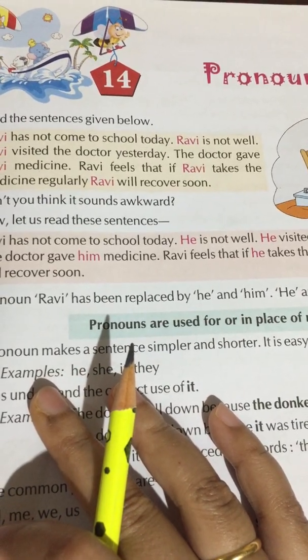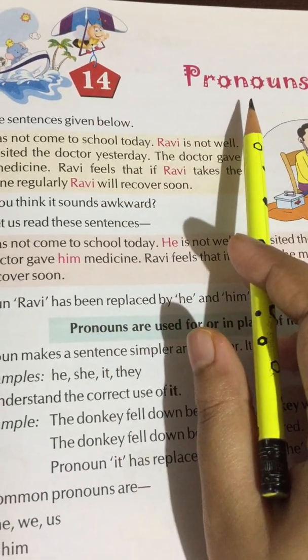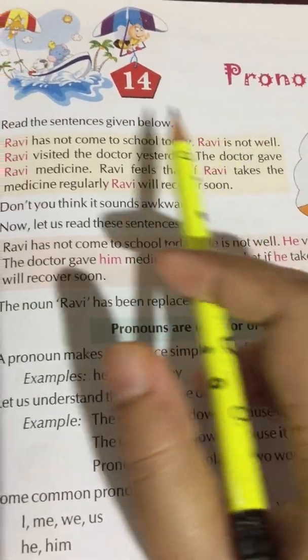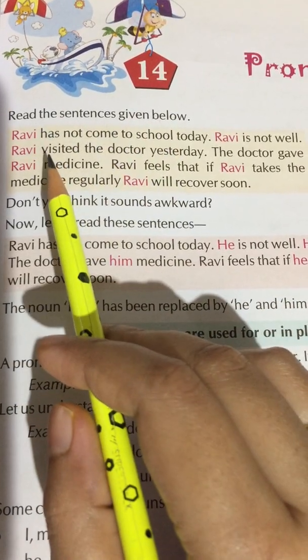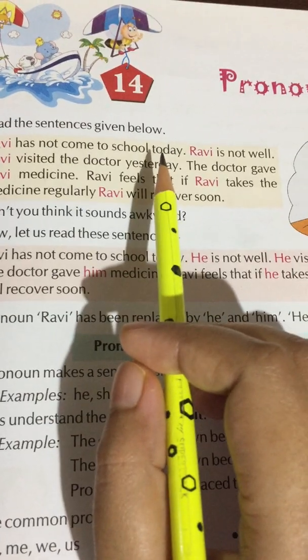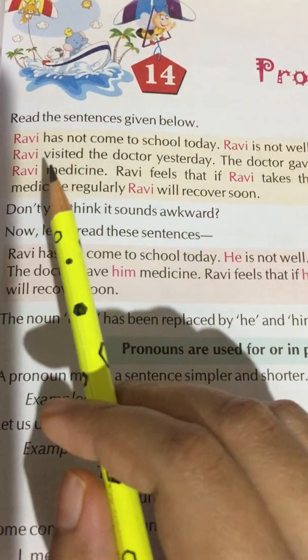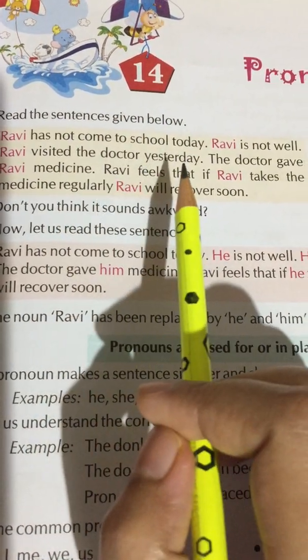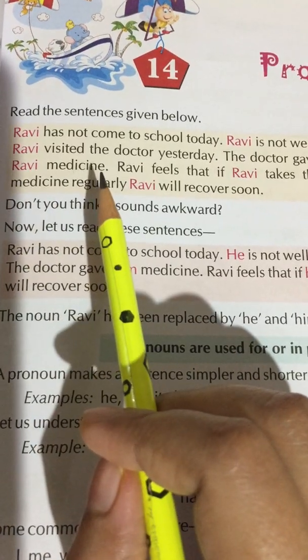Today we are going to begin a new chapter, that is pronouns. So let us start reading. Read the sentences given below. Ravi has not come to school today. Ravi is not well. Ravi visited the doctor yesterday. The doctor gave Ravi medicine.